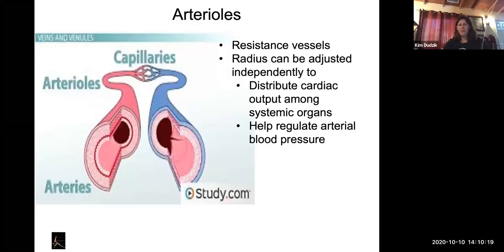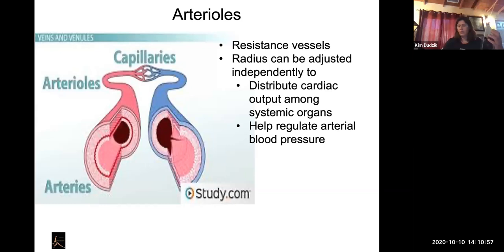Okay, hi everybody. We're back to continue our talk about the cardiovascular system and the blood vessels. In part one, we looked at the larger blood vessels, the arteries, and how they affect blood pressure and blood flow, right? So really those larger arteries are where we adjust the overall pressure in our bodies. But now we're going to look at the smaller arteries, the ones that attach to our capillaries and bring blood to our capillaries, which are supplying our different organs and things.